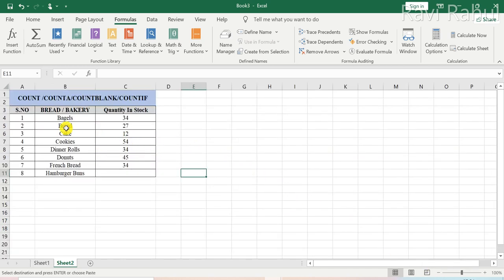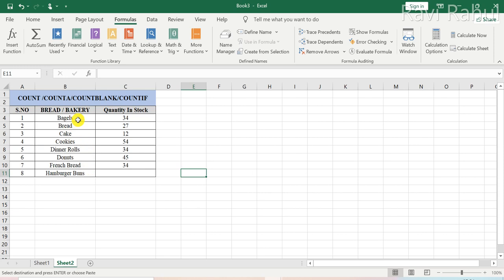So I have taken simple data, and the data is related to breads and bakeries in stock in a particular shop. I have taken breads, cakes, cookies, dinner rolls, donuts, french breads, hamburger buns, and bagels.